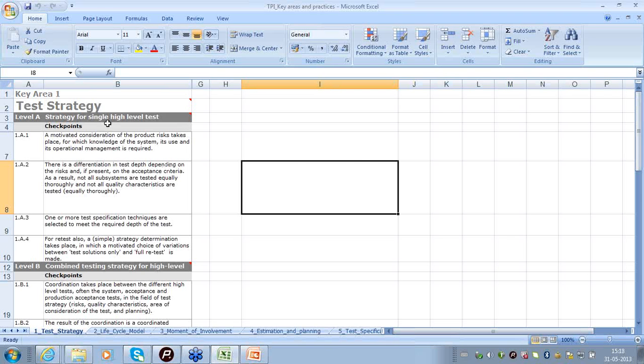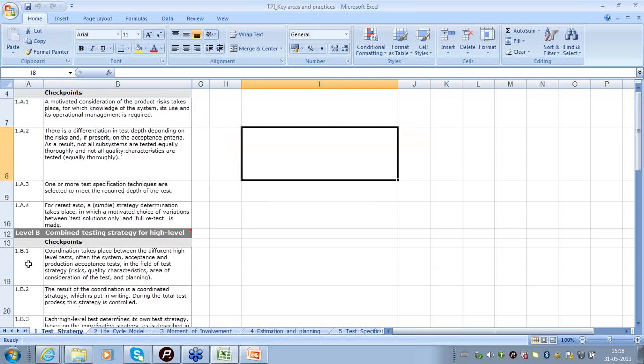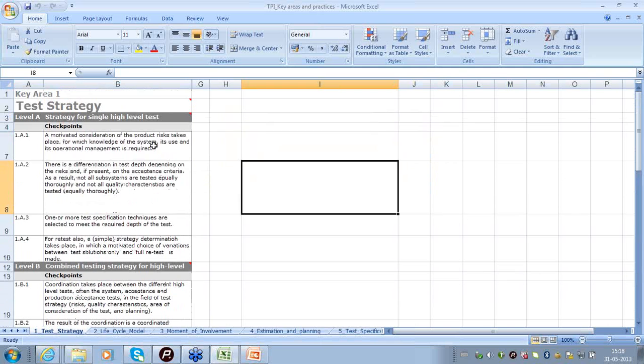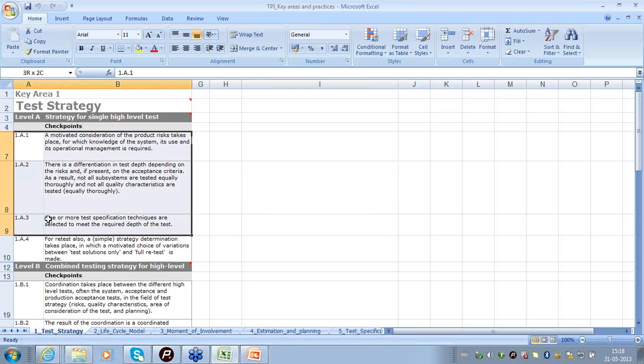So basically there are different levels, as you can see here: level A, level B, level C, and level D. And under each level there are a list of checkpoints. So if I am targeting level A of the test strategy key area, I am supposed to satisfy the first 4 checkpoints which I am highlighting now. So this is how the key areas are structured.